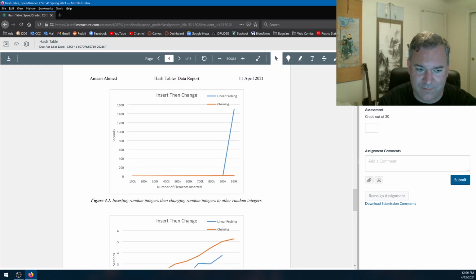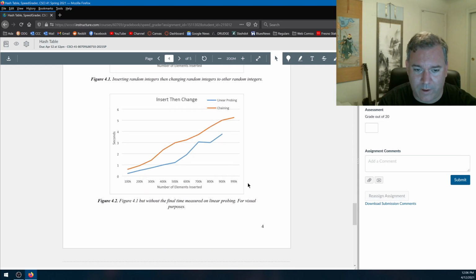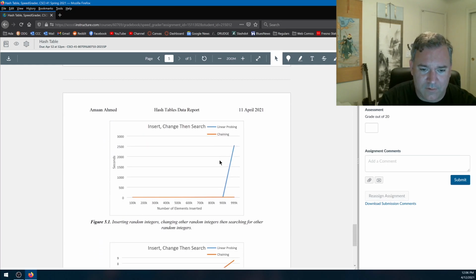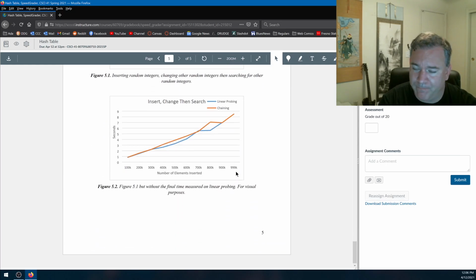So I'd probably change this to be a logarithmic y-axis, and then you can actually see which one's better throughout a wider range. Okay, so it looks like the winner here is linear probing. All right, well,